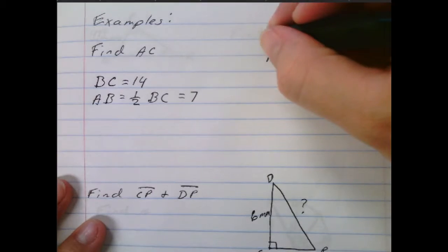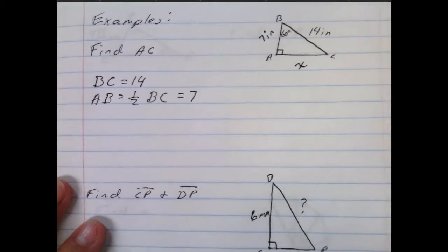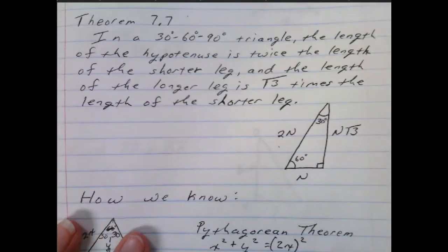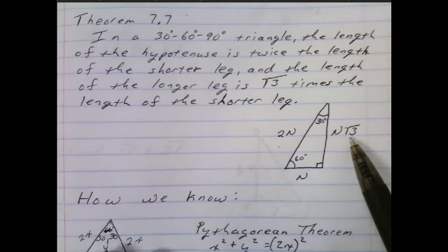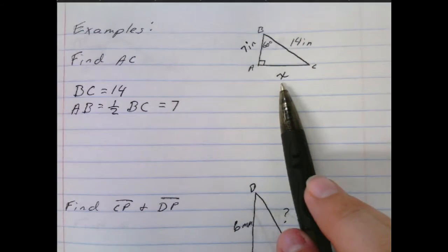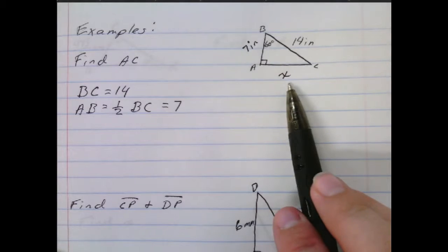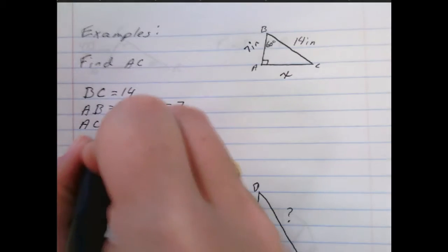Okay, so I'm going to go ahead and label that here. So that's 7 inches. And then if we look back again at our theorem, we know that our shorter leg times the square root of 3 is going to give us our longer leg. So we have our shorter leg is 7. So in order to get my longer leg, AC equals